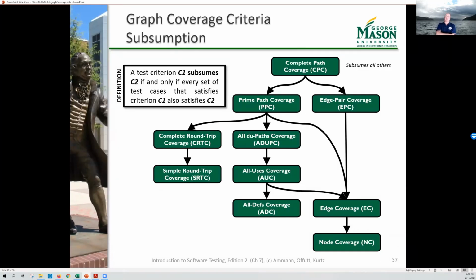And that gives us our subsumption graph. Yay, subsumption graph. At the top, we've got complete path coverage. Complete path coverage subsumes all other possible path coverages. That would be great if it was feasible, but because loops make an infinite number, complete path coverage is infeasible. So I can look at subsidiary ones to that. I can do prime path coverage, or I can do edge pair coverage. Edge pair coverage will subsume edge and node. Prime path will subsume